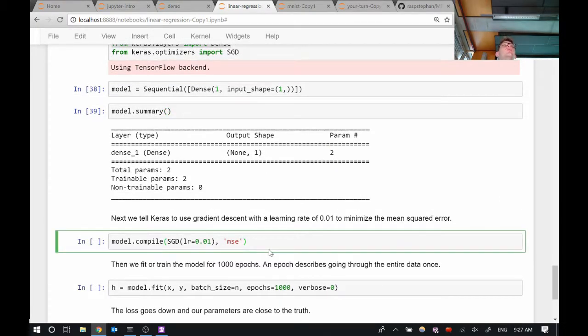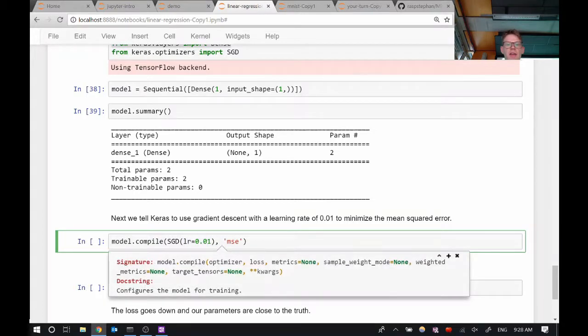Now we need to compile the model. Basically what this means is we tell it what optimizer to use. We're going to use stochastic gradient descent. I'll explain the difference between stochastic gradient descent and gradient descent in a second. We're going to choose a learning rate for this optimizer, and we're just going to choose a loss function, right? So again, we can look here, we have optimizer and loss, and we're going to choose the mean